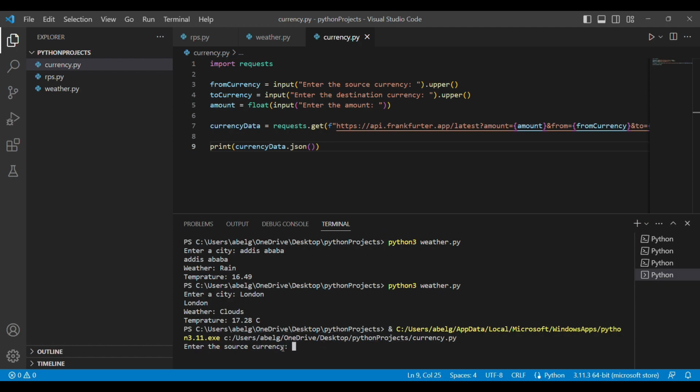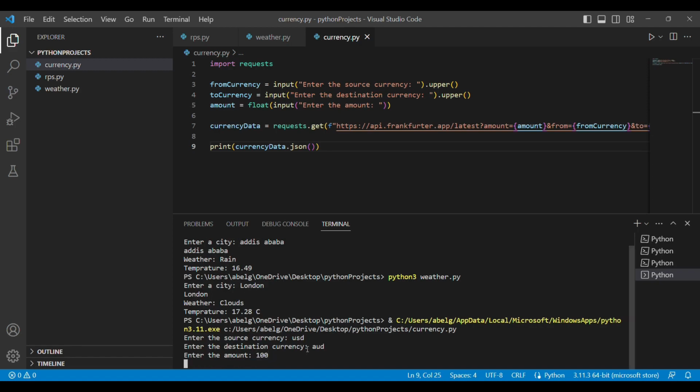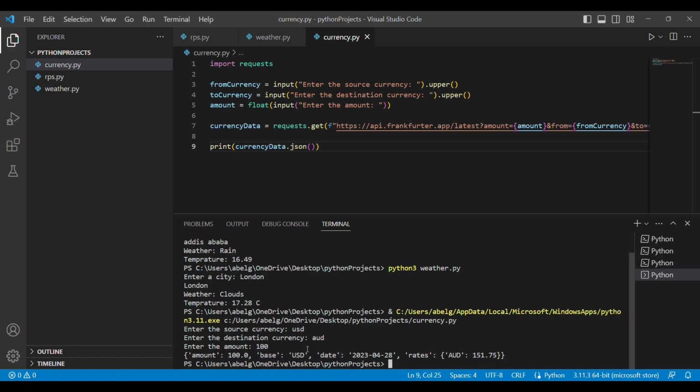It asks us to enter our source currency. Let's just put in USD for United States dollar, and our destination currency to AUD for Australian dollar. And we're going to enter an amount, let's just say 100. And as you can see, as in the previous project, we get a dictionary that contains all the values that we want. Here, the value that we wanted to access is the one found here, the